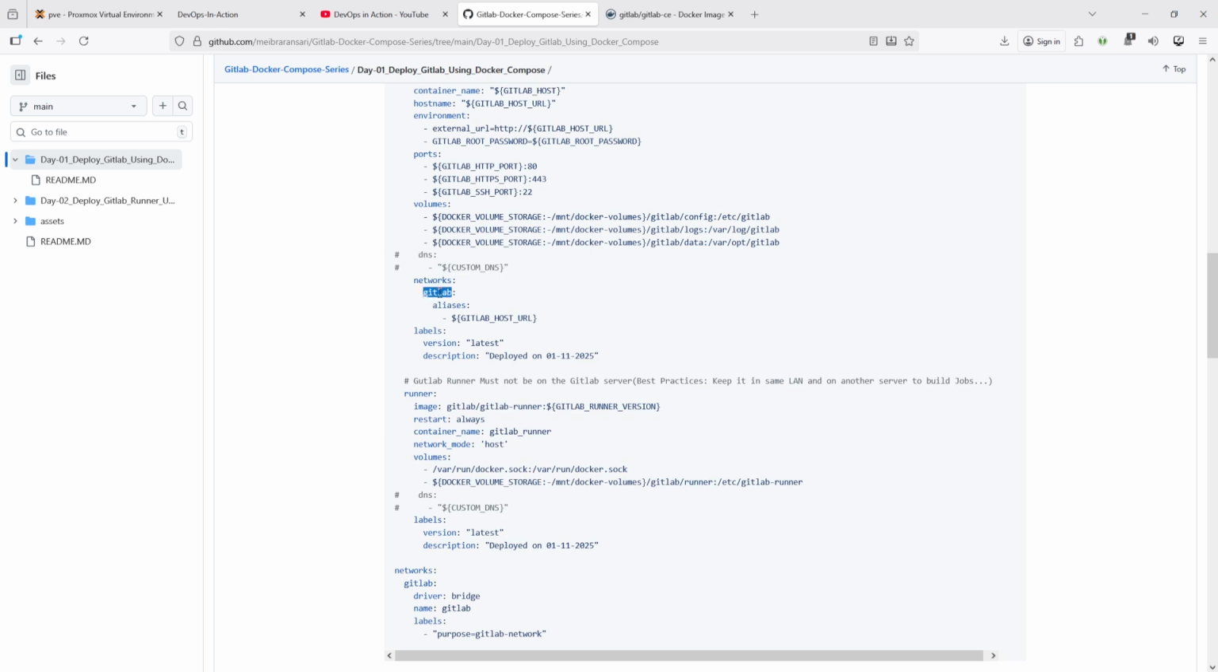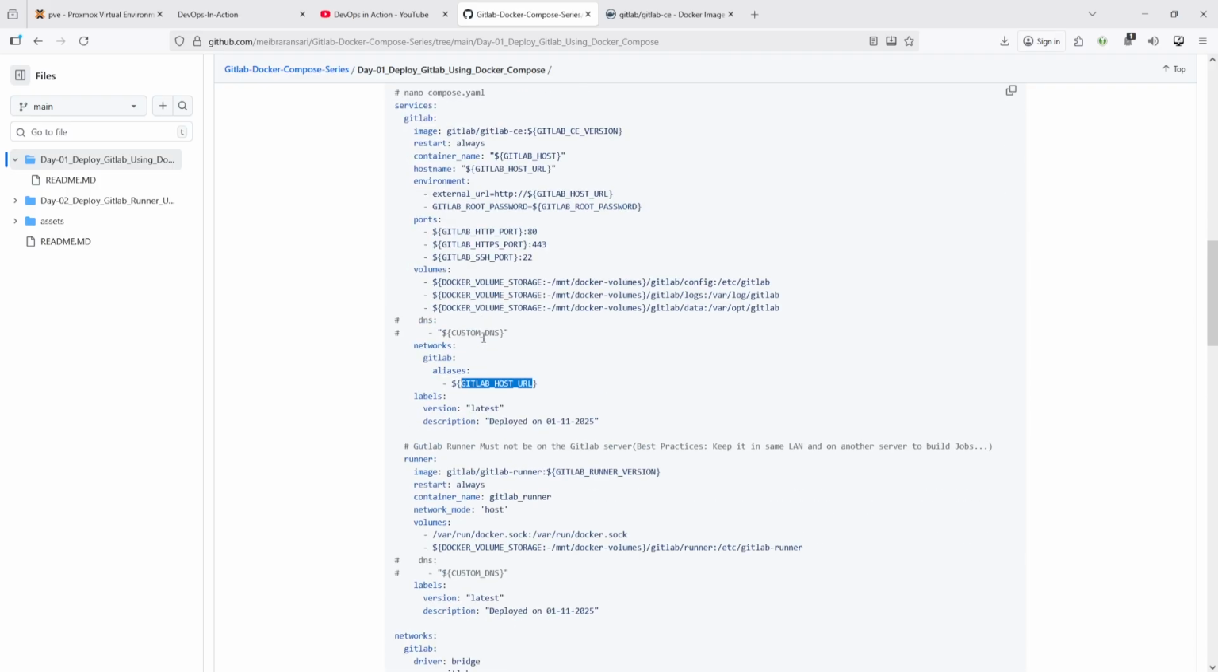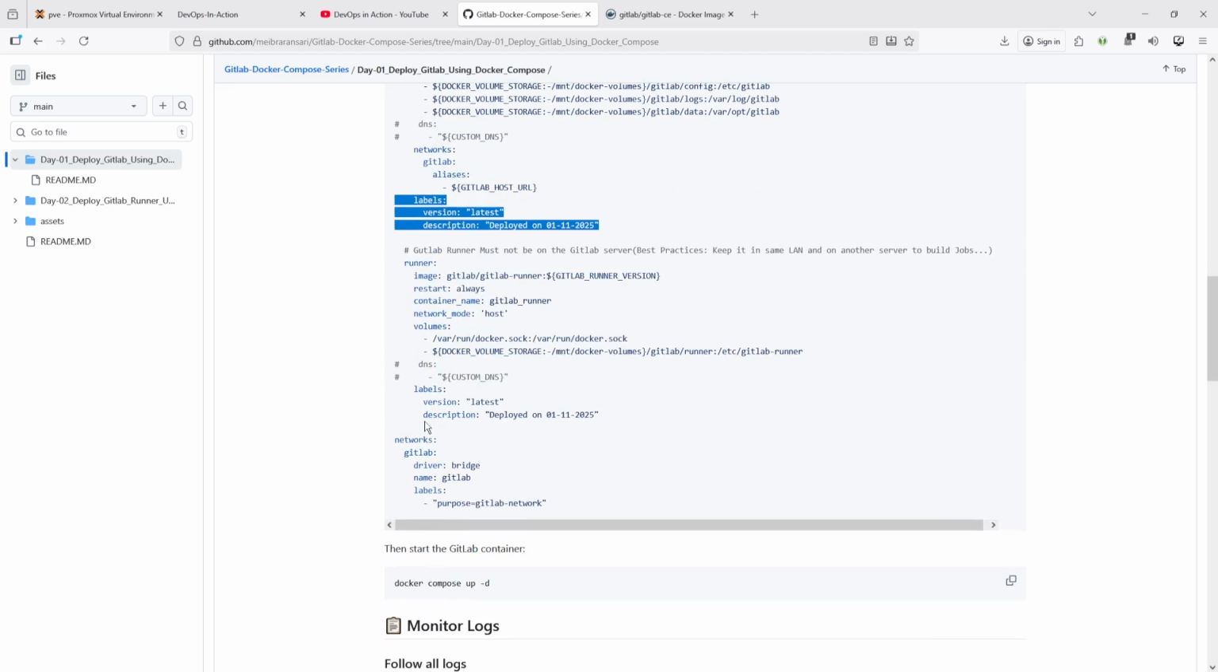And network, I added the existing GitLab host URL which I defined here. You can add some labels here. And yes, if you are deploying GitLab without a runner, it is incomplete, because the runner is required to do CI/CD related tasks,